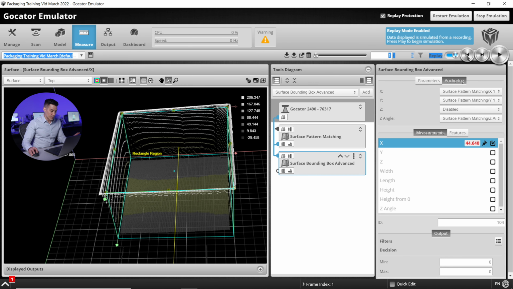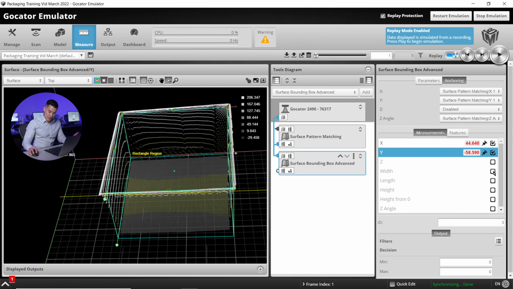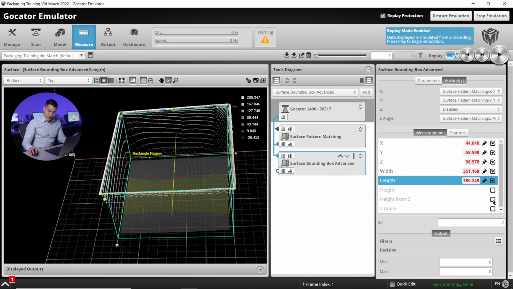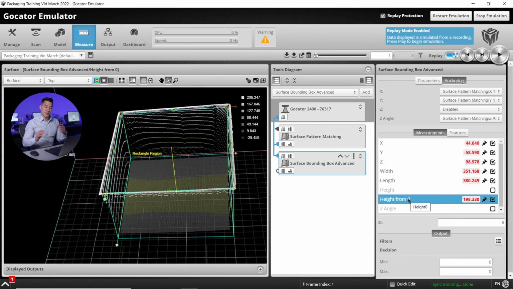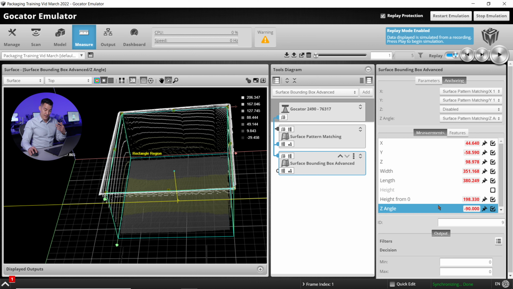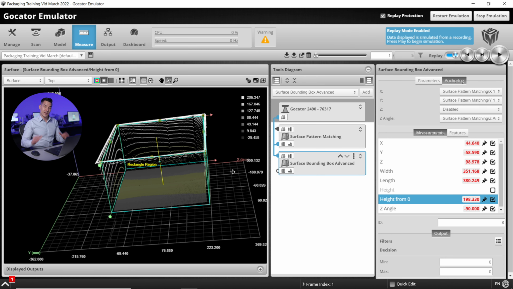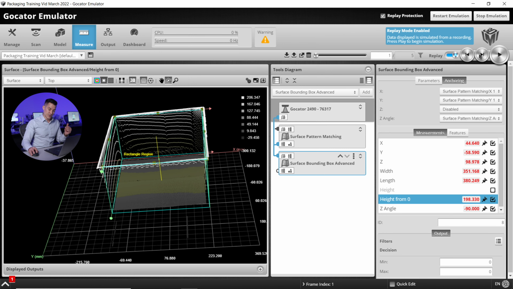Now the final part to make sure that I have a nice, repeatable, reliable measurement is I'm going to turn on all of my measurements here. And in this case, what I brought up before was height from 0. We're going to use height from 0 instead of the height measurement because we want to make sure that we get the bottom of the cardboard box even though it's not going to be visually inspected.